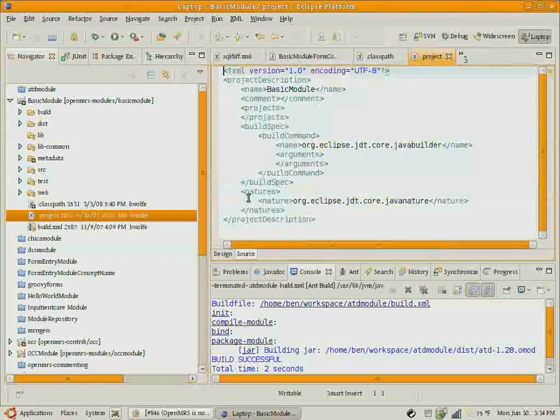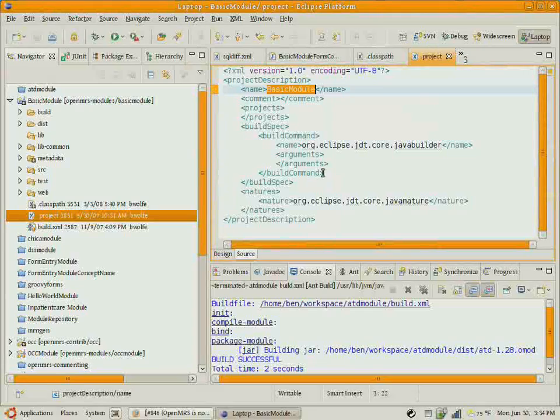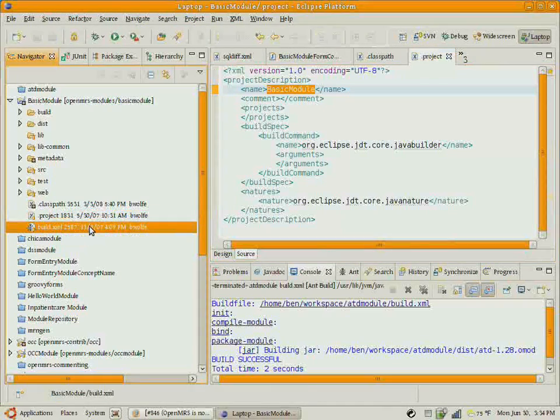The .project file is again an Eclipse file that just has metadata about my project, and the build.xml is an Ant script that contains targets for